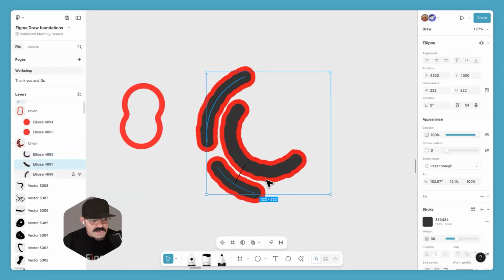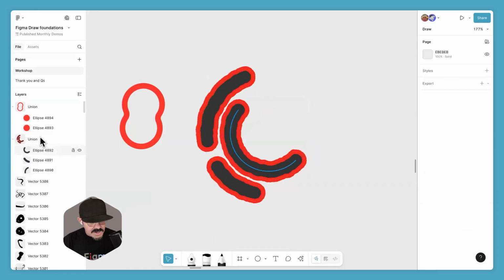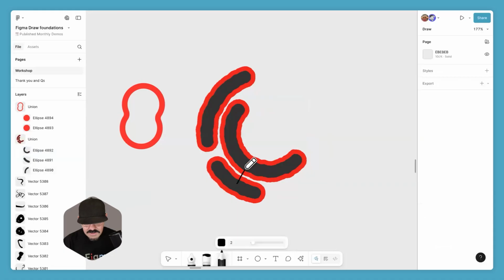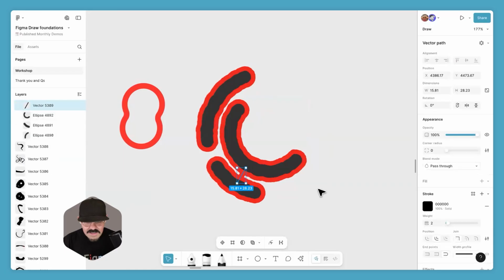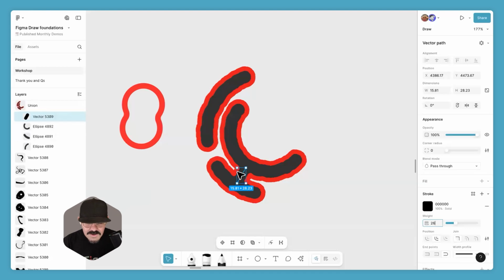So let's say in here, let's say I want to draw in a little connector inside the union. Let's draw a little pencil tool thing. Where's my pencil go? There we go. It's up there. So I'm going to put it inside of the union. I'm going to make that a little bit thicker. There we go. So I've taken that little vector graphic and I put it in there, and you can see